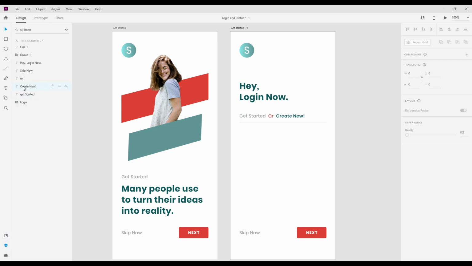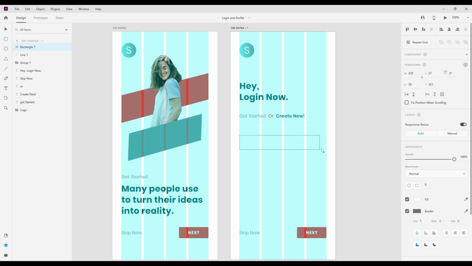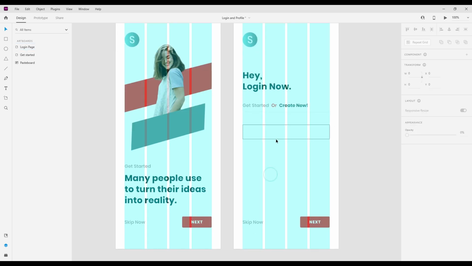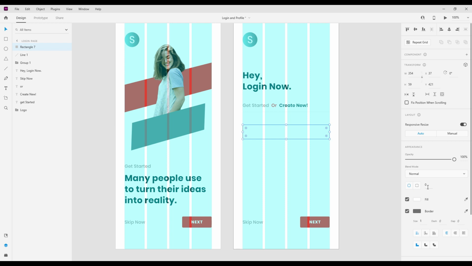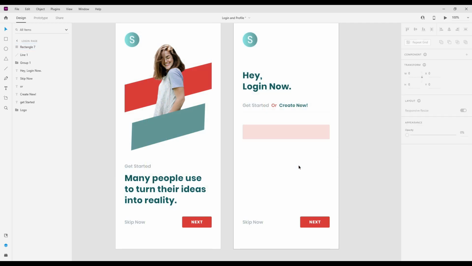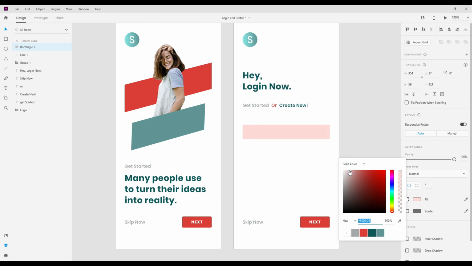So first we need a placeholder. First we need to create a placeholder, login placeholder. So first the username comes up. Sorry, I need to create the page name. So every artboard needs a unique name. Okay, so we need to organize our work properly, and Adobe XD is one of the good tools for designing UI. So we need to design our first placeholder to put in the username, login username, and